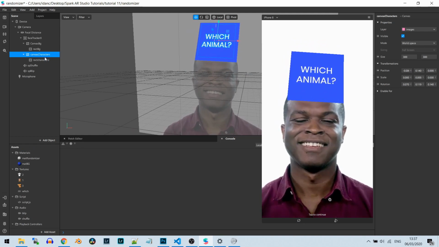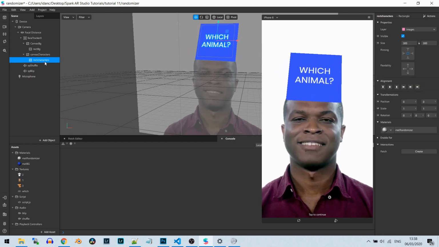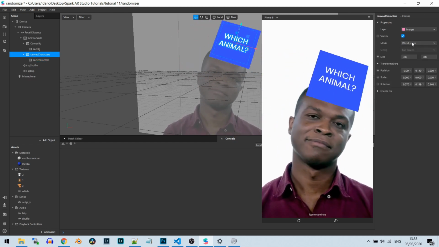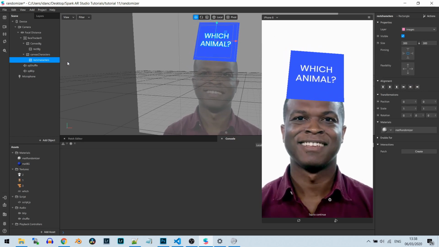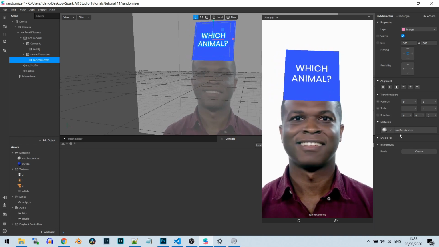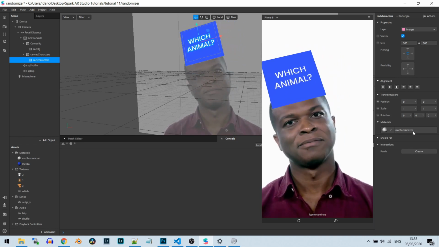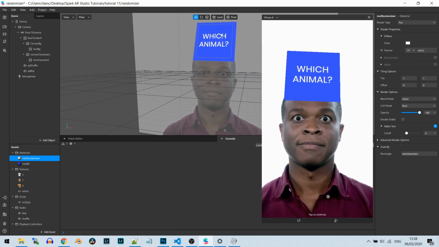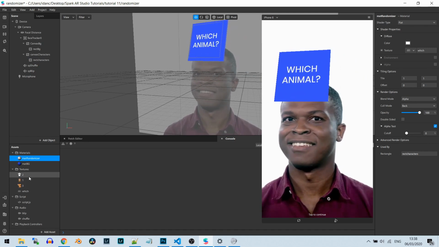So canvas characters has underneath it rect characters, but both canvases are set to world space because I want them to move with the head. And this one holds a material called matte randomizer, which will accept an image. I set the default to this text,